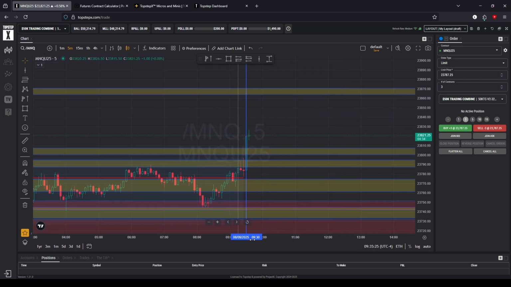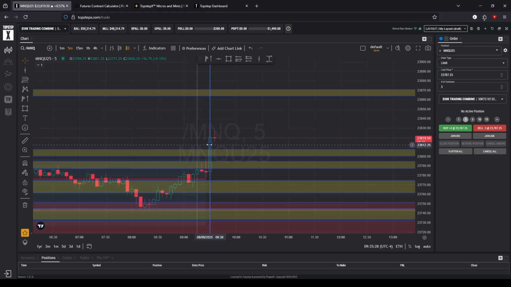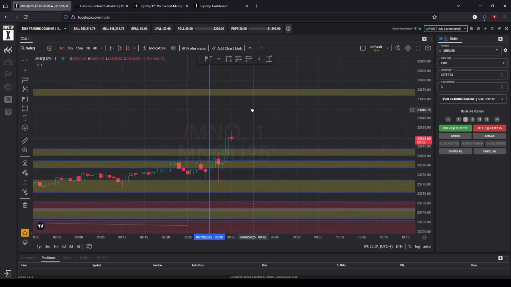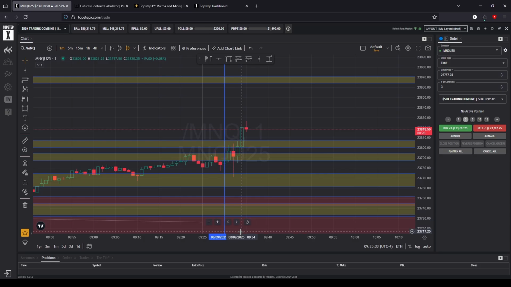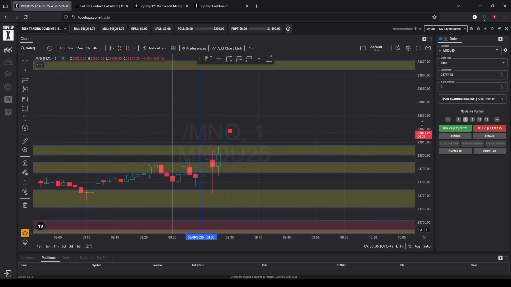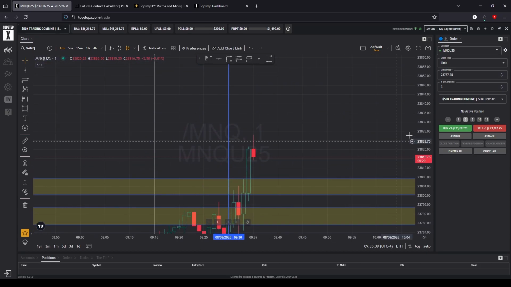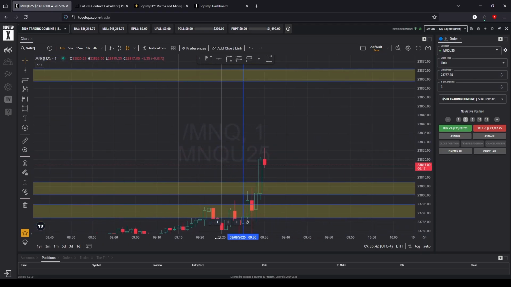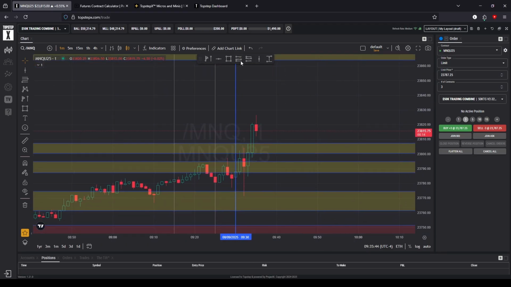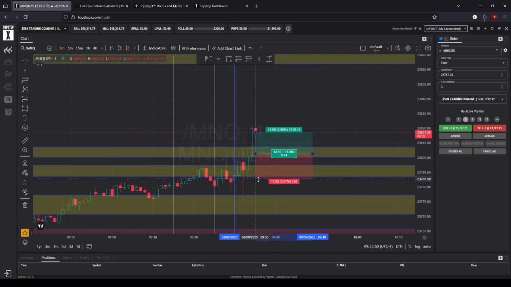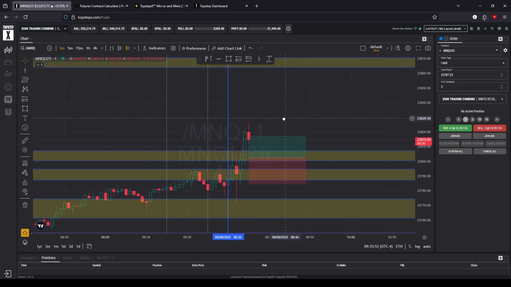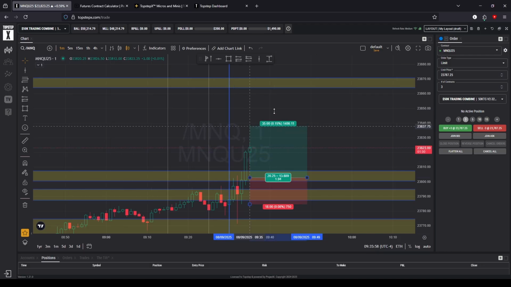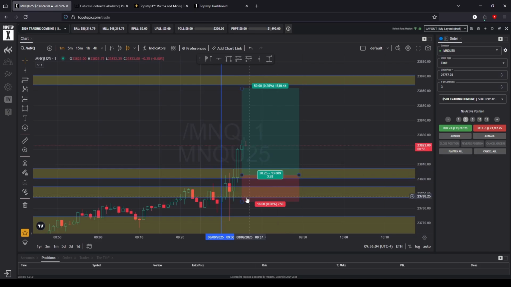Okay, so the first candle of the day printed, and yeah, it went right through. So I might wait for a retest, and let's see. Okay, I have to be a bit quick on this. So if we take a long position here, I wouldn't want my stop loss to be here. It's really small. Even though the risk to reward is crazy,